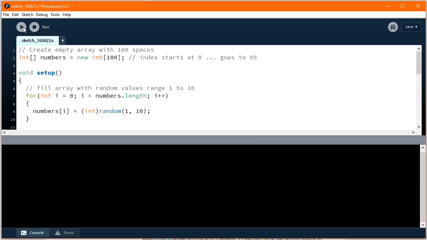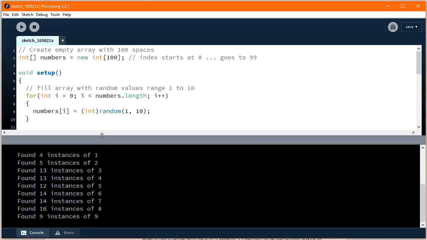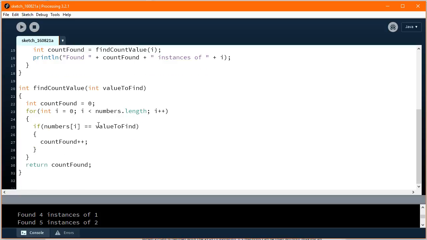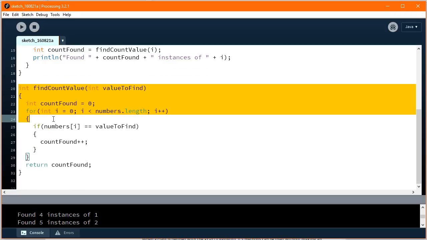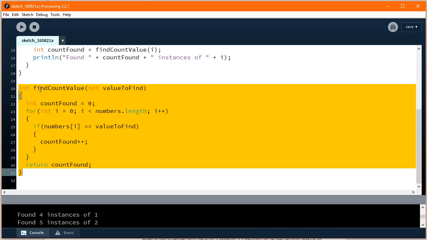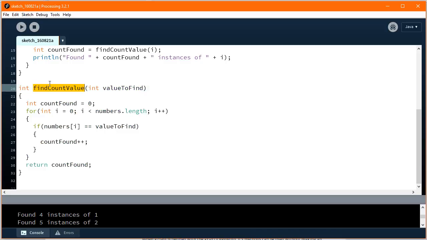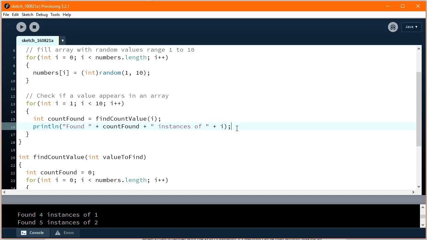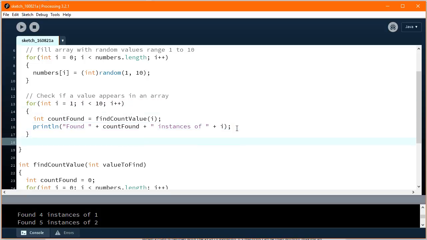Okay. Now, next what we're going to do is analyze the array in different ways. So far we have a method or a function which can find the number of times a particular value appears. Now we want to do something different. That checks if the value appears in the array. Next, we're going to say